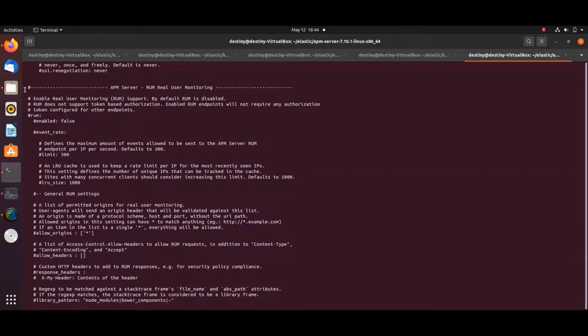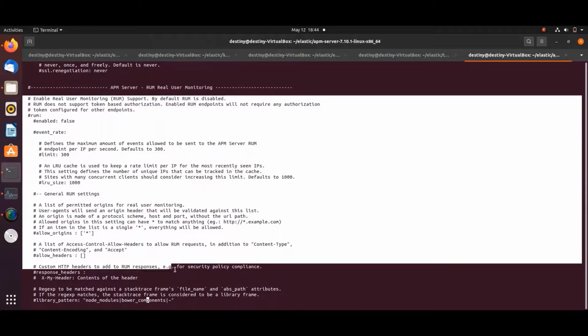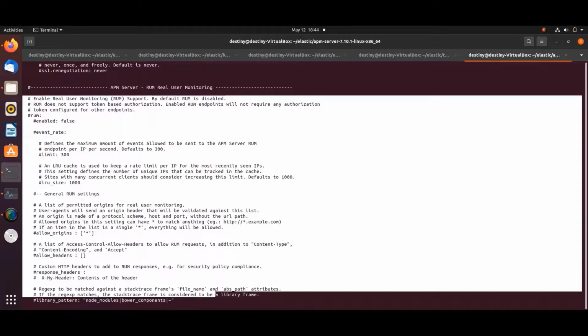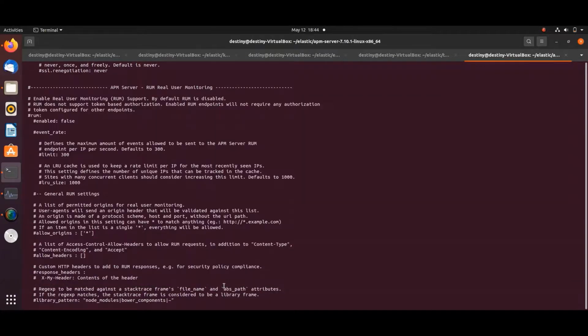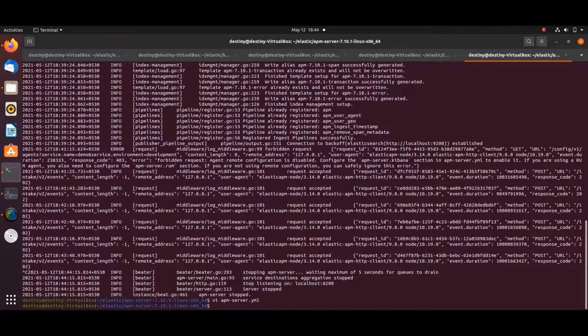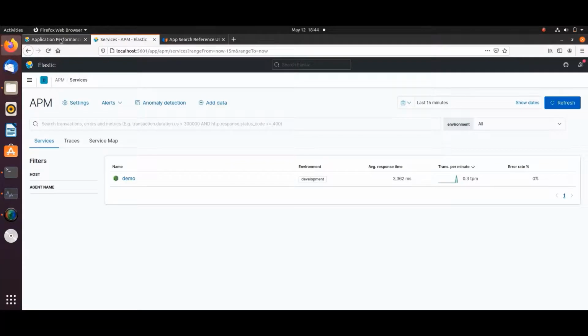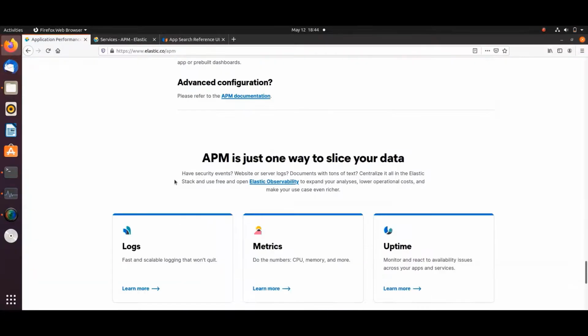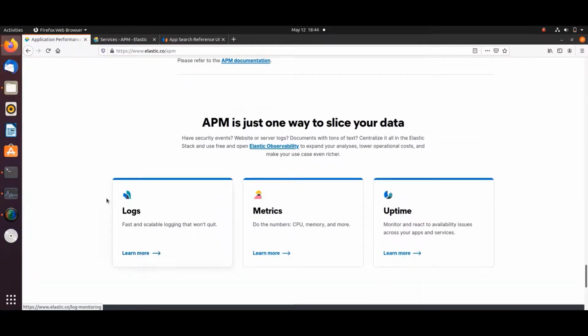Since in organizations many of the IP addresses come from a proxy or NATing, we'll have to get access to the end URL to get the required details. So along with APM, we have the logs, the metrics, and the uptime, which completes Elastic observability.